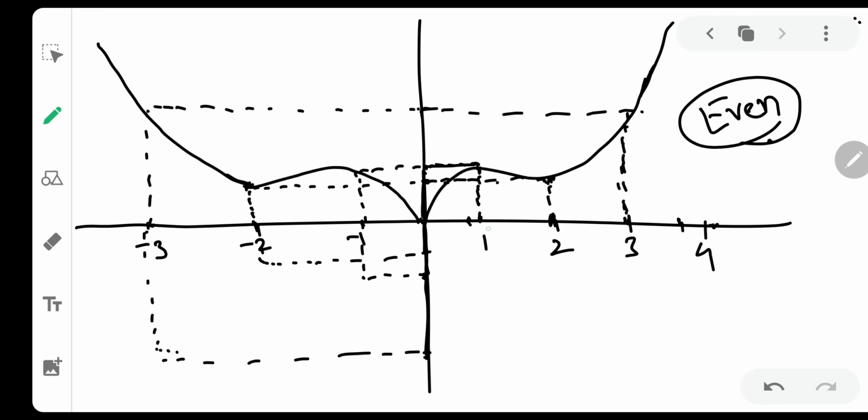What did I do? Suppose at x equal to 1, y is equal to this particular value. Same value but in the negative direction. At x equal to 2, this value, but same value in the negative direction, right? Okay, now let us try to plot this graph. I think I did a very nice job over there.